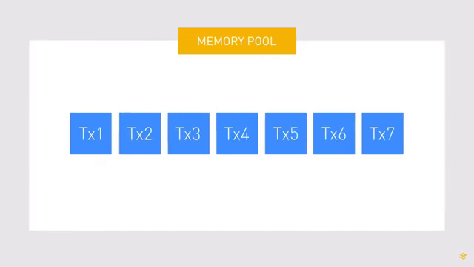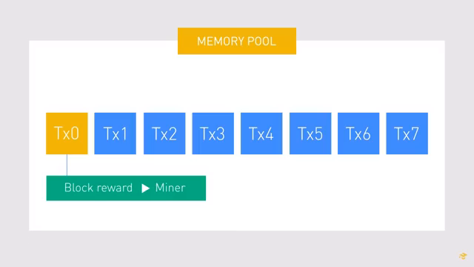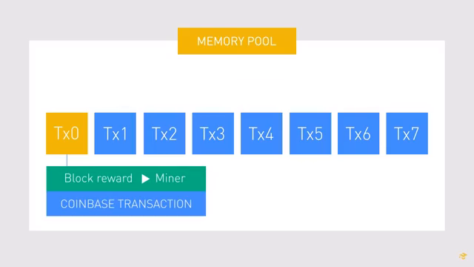The first step in a process of mining a block is to hash each transaction in the memory pool. Before starting the process, the miner node adds a transaction where they send themselves the mining reward. This transaction is referred to as the coinbase transaction. It's a transaction where coins get created out of thin air, and in most cases is the first transaction in